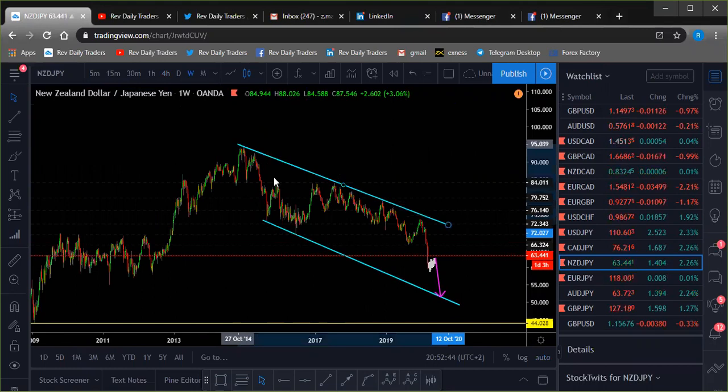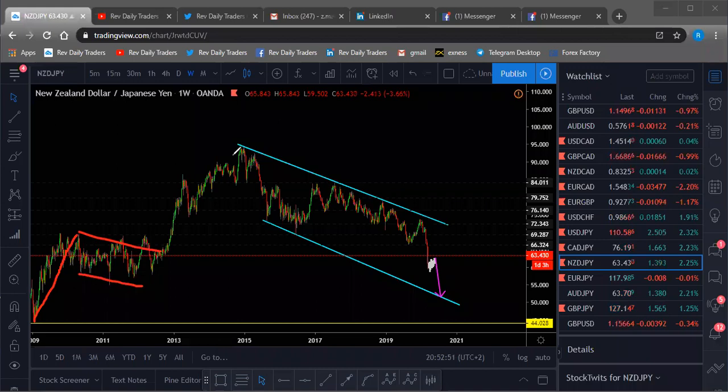Okay, this impulse is corrected here. Impulse, we are correcting here. Okay, so now to come and take this flow of ours, we're expecting a correction here for NZD yen to give us a correction. Okay,